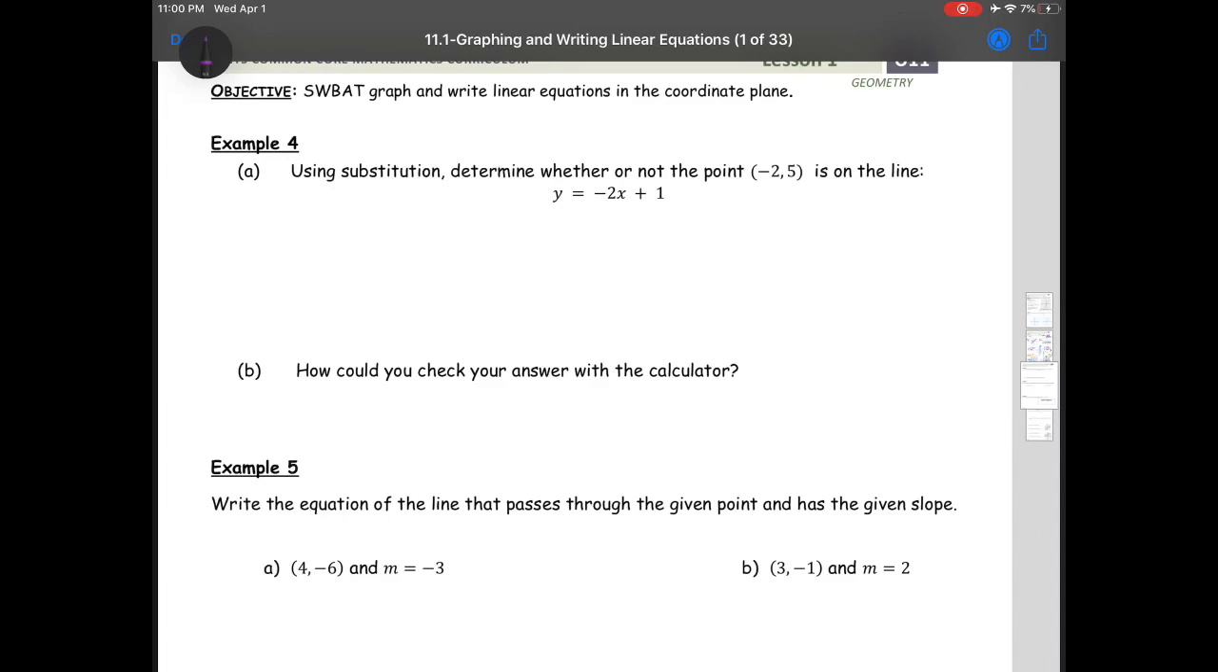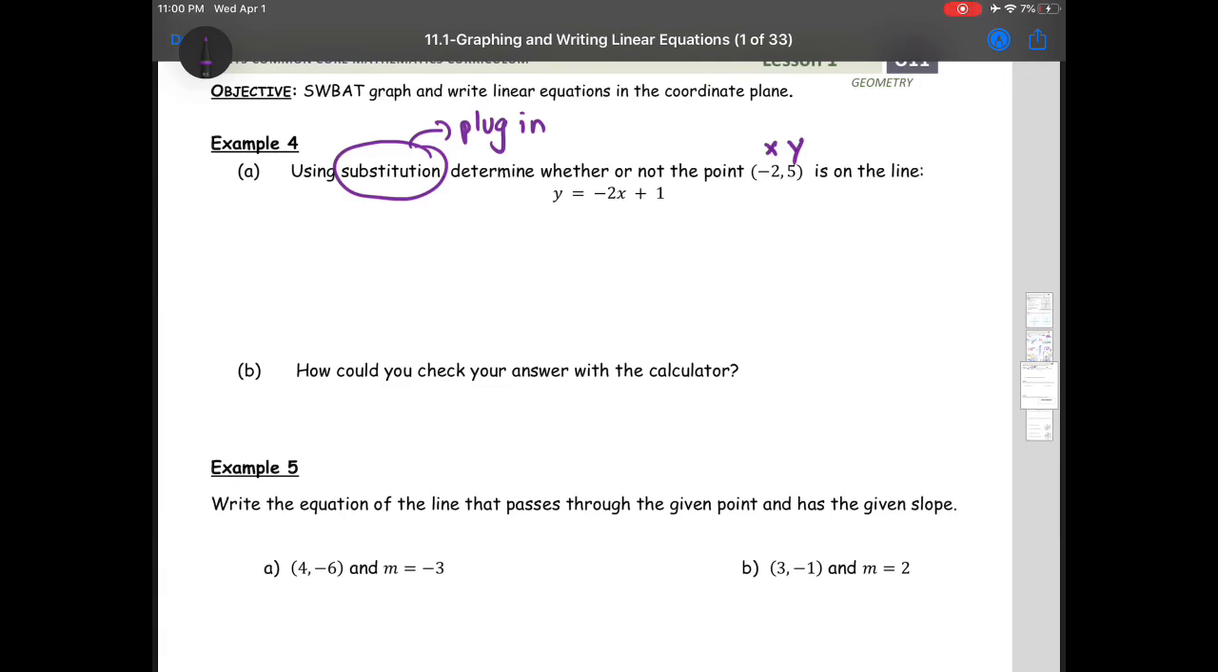Example 4. It says using substitution. So substitution means what? You have to plug in. This is what should come to your mind. Substitution means plug in, right? Determine whether or not the point (-2, 5) is on the line. How do you determine that? Any point, the first number tells me my x-coordinate, the second number tells me my y-coordinate. All you need to do is